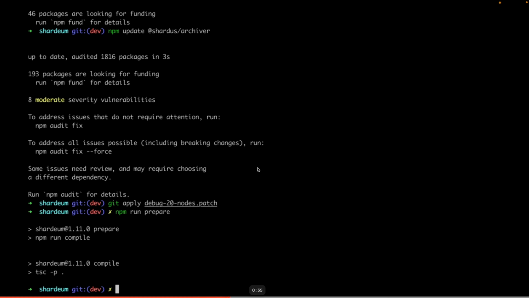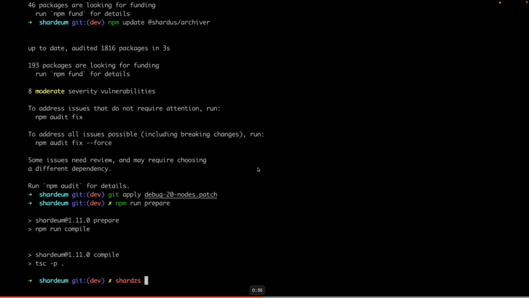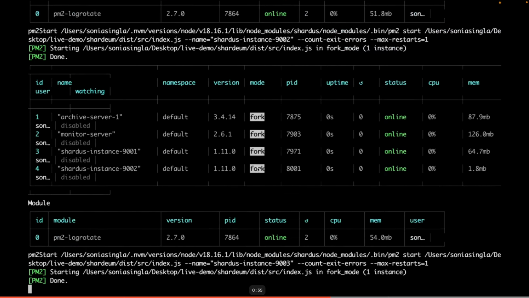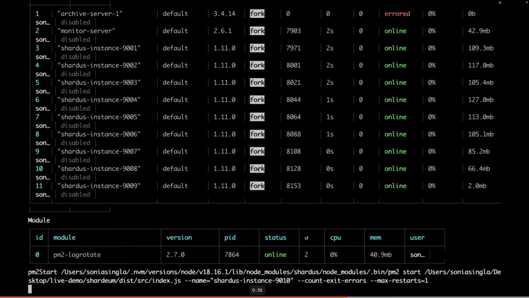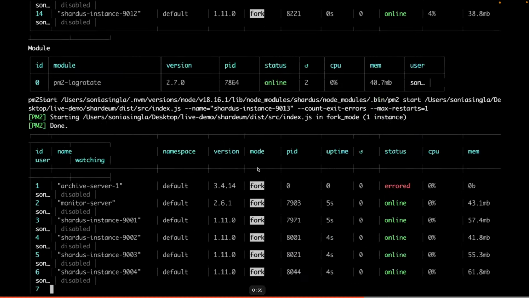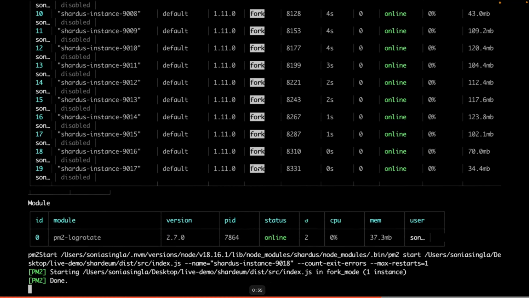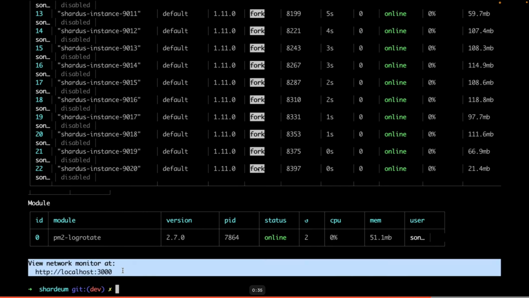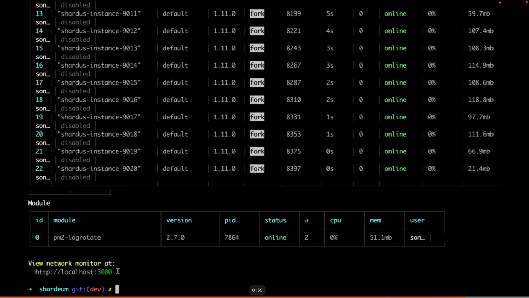It's time to create our very own Shardeum network. For that, we will do shardus start 20. Basically, this command is going to kickstart a Shardeum network that will have 20 nodes, one archiver server and one monitor server, which is exposed through port number 3000, as you can see on the screen. And now let's open the browser at localhost 3000